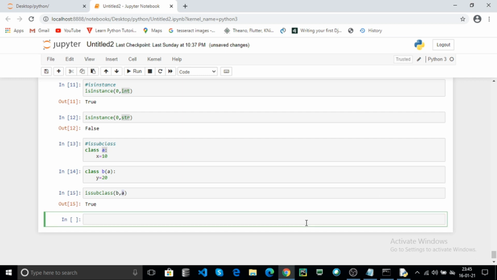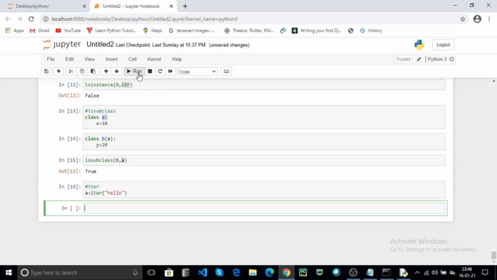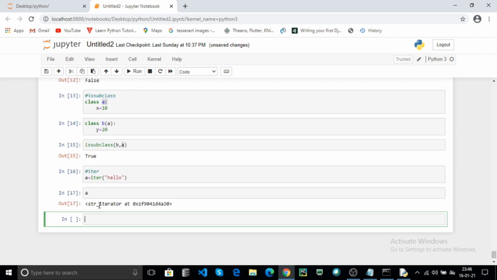Now use iter. It is the iterator. It is the iteration of your object. For example, iter of, you can pass a string, and click on run. Here A contains the iterator object. This is the iterator object. You can use a for loop for printing the iterator object.